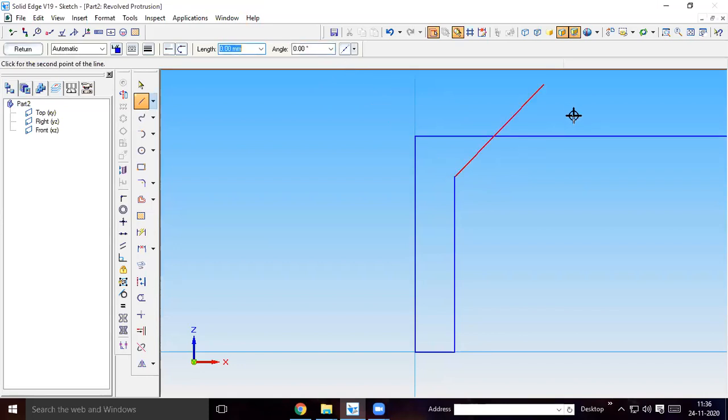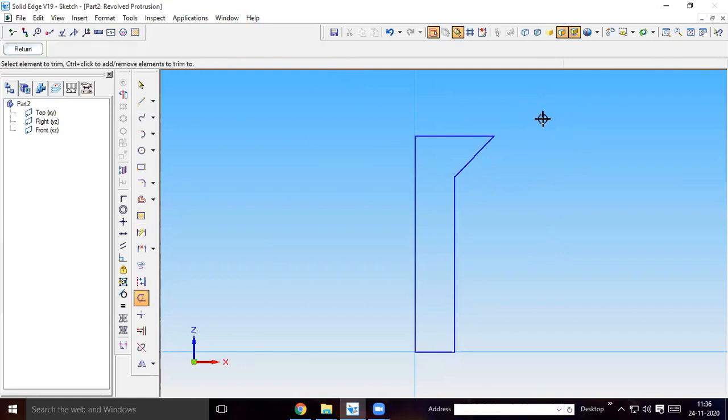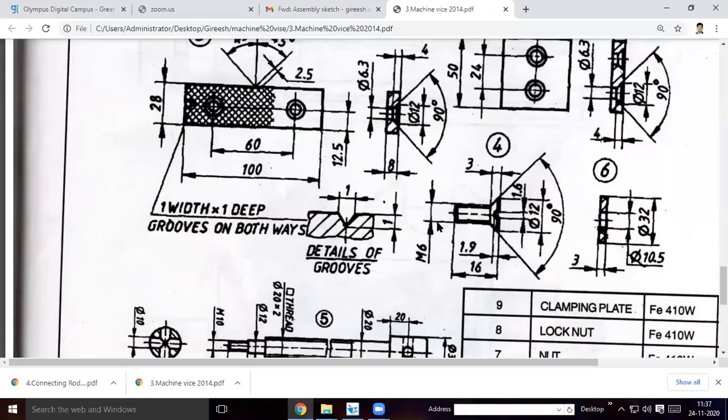Okay, you just extend this line like this. Then after intersecting, trim that line. This is what you see here. So 6 mm is the diameter, which means I have taken 3 mm. So then total will be 16 mm. 16 minus 3, this will be 13 mm line you take. Then here you take a 16 mm line, extend this line and extend this line 45 degree. As the given total angle is 90, half of that angle will be 45.